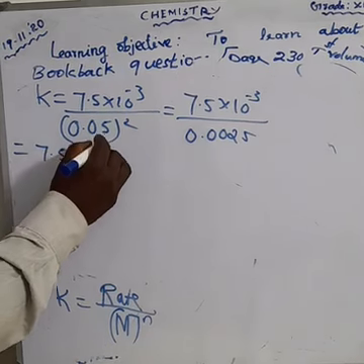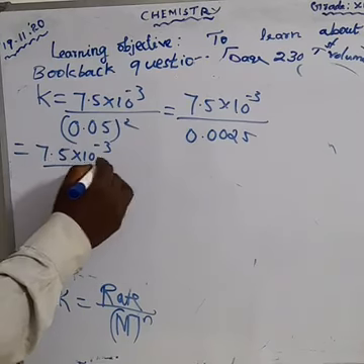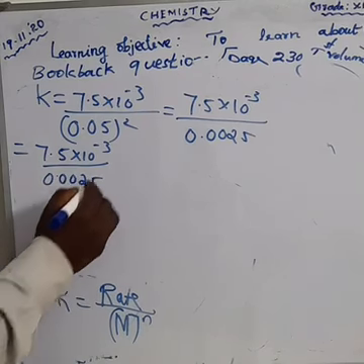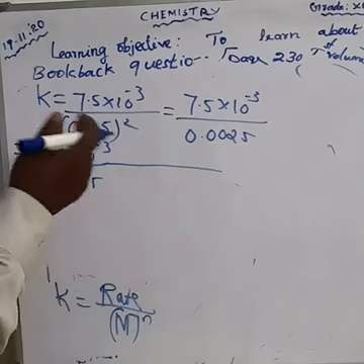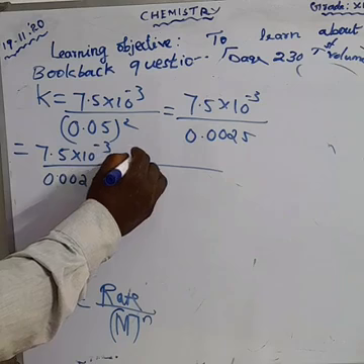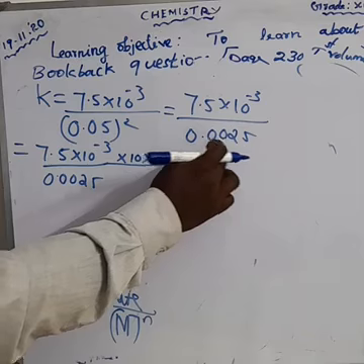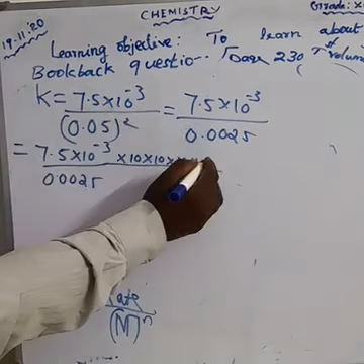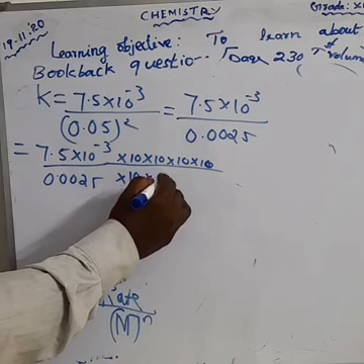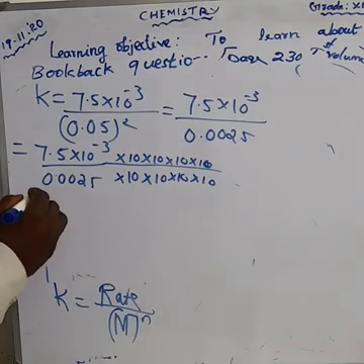That is equal to 7.5 into 10 raised to minus 3 divided by 0.0025. So we should multiply. The decimal number has 4 places, so 4 times you multiply by 10, above and below also, 10 into 10 into 10 into 10. So you can write it as